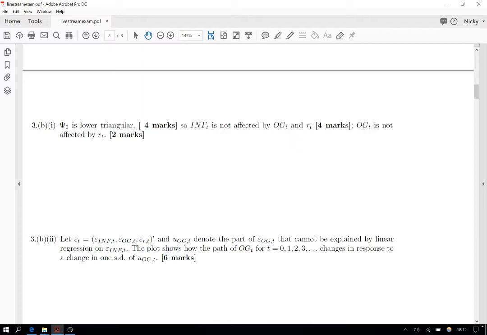Okay, so part 1. The researcher understands that the calculation of the orthogonalized impulse response function in this way involves assuming these macroeconomic variables are related via the following structural VAR. Okay, and it gives you the structural VAR in this question, subject to certain parameter restrictions. So it asks you to state and interpret these restrictions on the parameters. So this question is about the Cholesky decomposition. So what this says is, again, we have this form here. It's telling us that we have this form gamma_0 y_t equals alpha plus